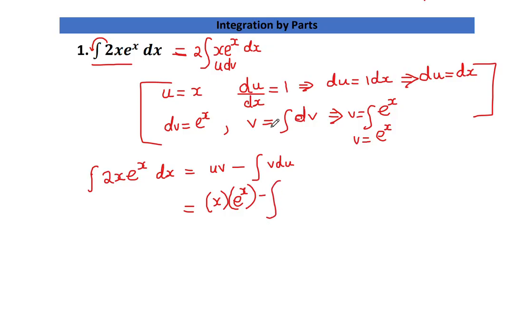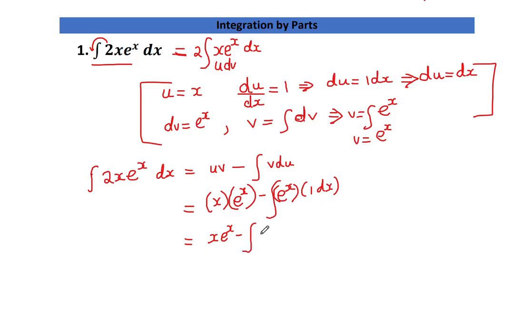minus the integral of v, and the integral of v here is going to be e to the x. Sorry, the integral v is e to the x, so we have integral e to the x, so I'm going to put that in bracket as well, and du is just equal to 1 dx, right? So that's 1 dx, or simply dx. So this can therefore be rewritten as x e to the x. When we multiply x by e to the x, we get x e to the x minus the integral of,